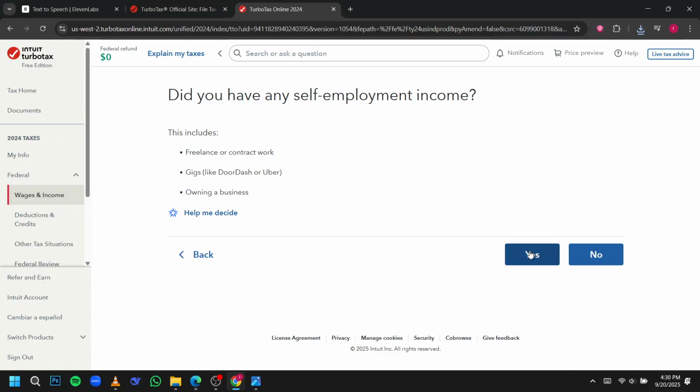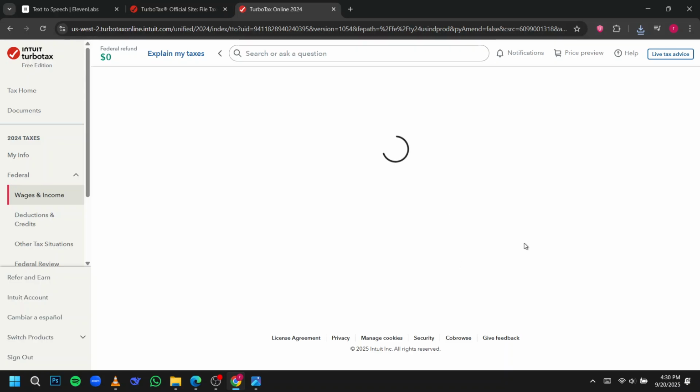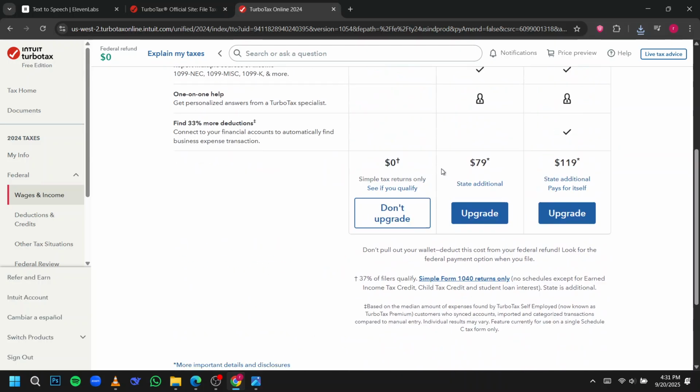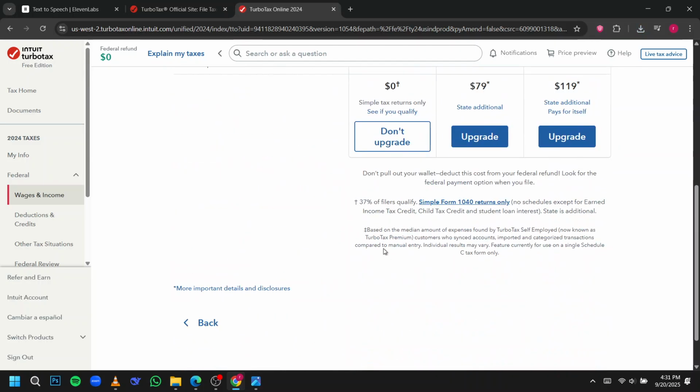Enter your 1099-K details carefully. Depending on your TurboTax version, you may be prompted to upgrade to access all features for accurate reporting. And that's it. Following these steps ensures your 1099-K income is correctly